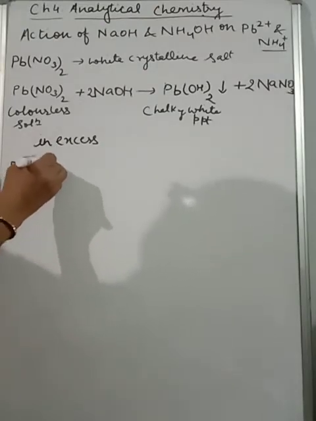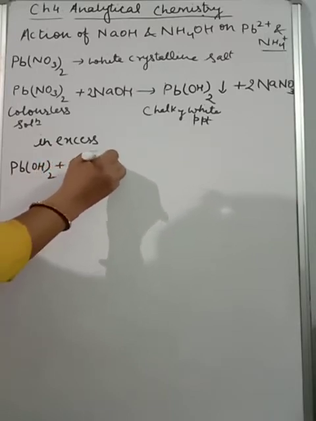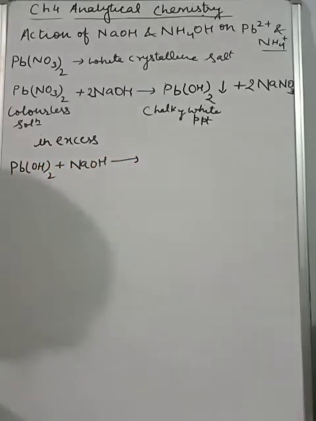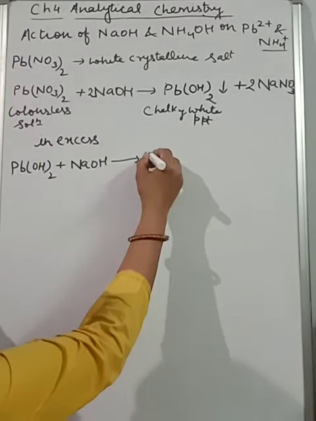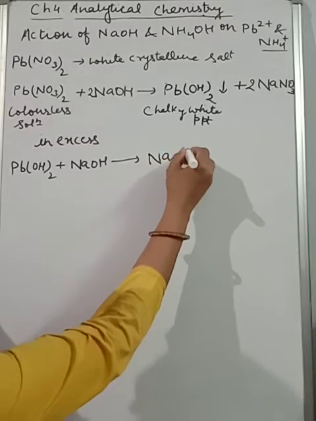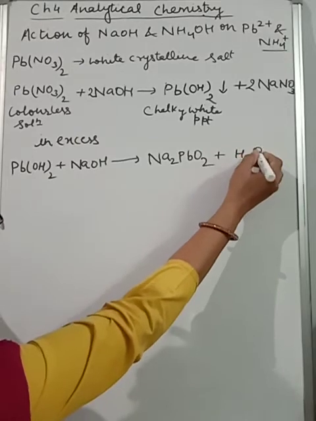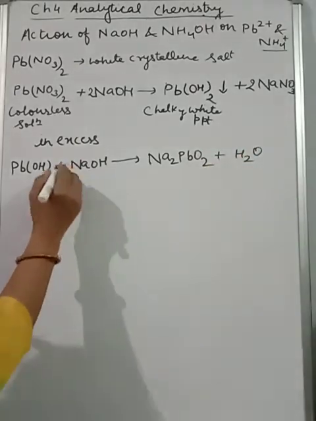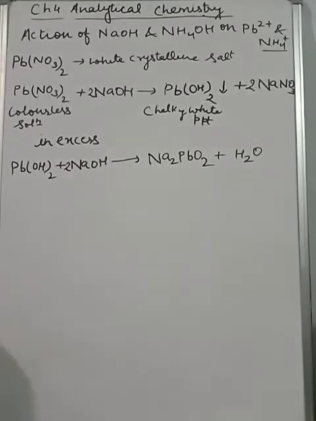This Pb(OH)2 plus again NaOH, then we get a colorless solution, meaning the precipitate gets dissolved, and we will get Na2PbO2, sodium plumbite, plus water. Please always take care of your balancing part. So lead nitrate comes as a precipitate, and when we add excess of sodium hydroxide,